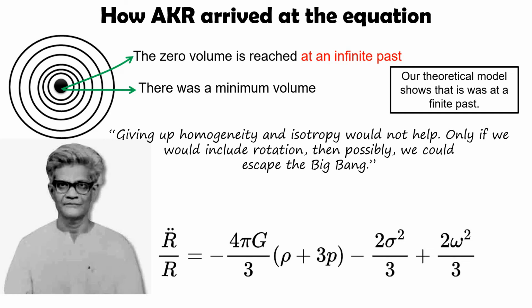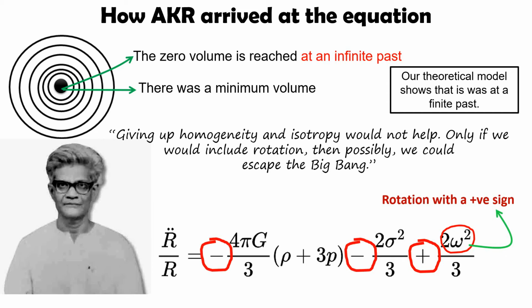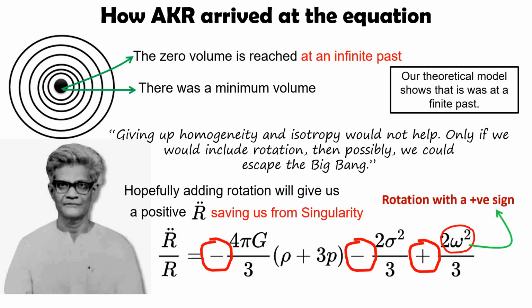And the equation, I will take this equation for the timing. There's a reason for that. You see that there is a positive sign behind the omega squared, and this positive sign is the rotation. And what AKR told in this equation, hopefully, is that all other signs are negative: you see the -4 and this second order differential, and then the sigma, that is the shear, etc. So what he told is that hopefully if we add rotation,